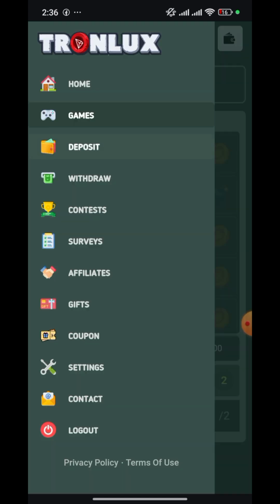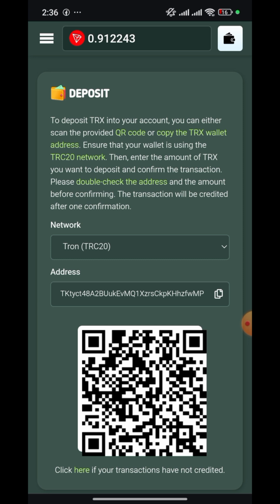So the second option is by depositing. As you can see, to deposit TRX in your account, you can either scan the QR code or copy the TRX wallet address. Ensure that the wallet you are using is TRC20 network. Then enter the amount of the TRX you want to deposit and confirm the transaction. Please double check the address and the amount before confirming. The transaction will be credited after one